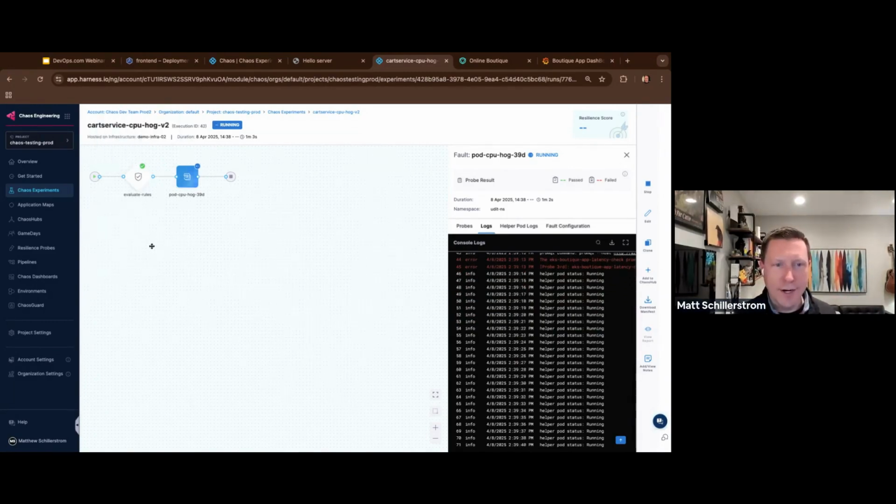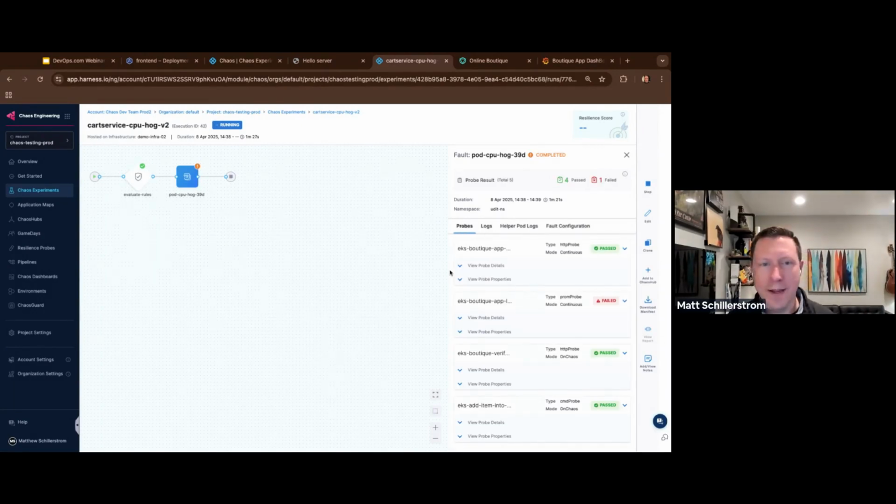But I actually have a step where I can evaluate the rules. So this is back to the guardrails, security and governance that I talked about. So I can actually program it to say, hey, we're going to have a period where people can't run any tests on Friday, Saturday, and Sunday. And that's where this evaluate rules happens. So if you have a developer that maybe doesn't know that, we can actually block that, kind of like a firewall rule.